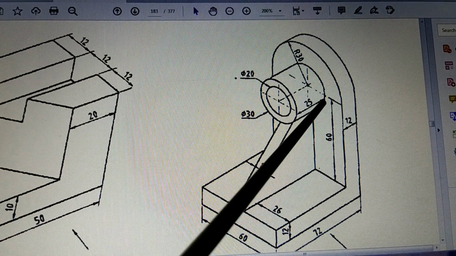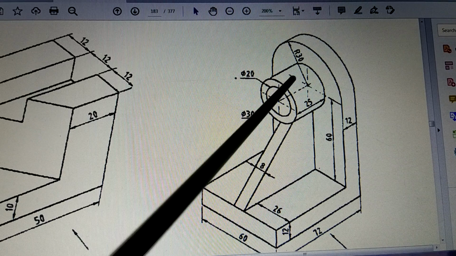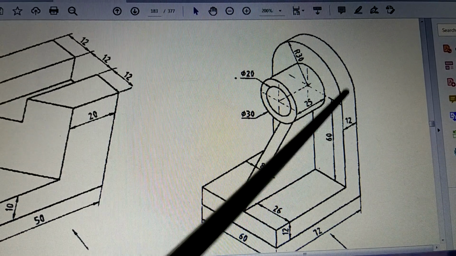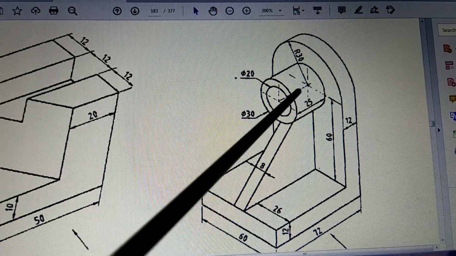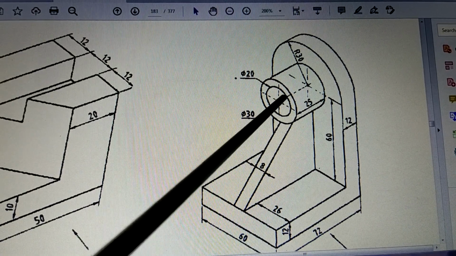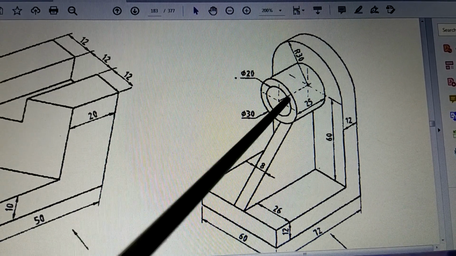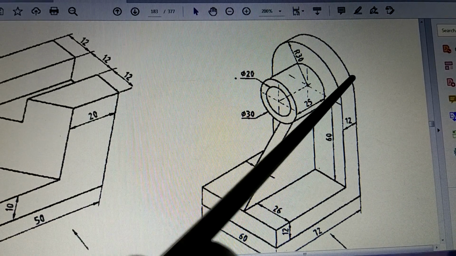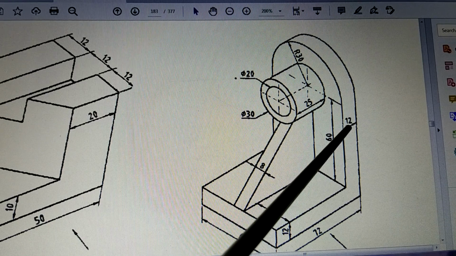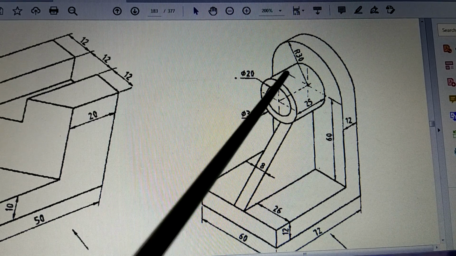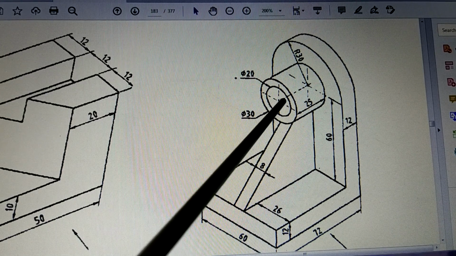So draw this rectangle. Again inside the rectangle you have to draw these two dotted lines, just like in the front view. Now these two dotted lines will represent the internal surface, or in other words it is going to represent the hole. Now this hole of size 20 is till the end. So the whole length of the dotted line is 25 plus 12, 37. So that completes the top view of the cylindrical shape.